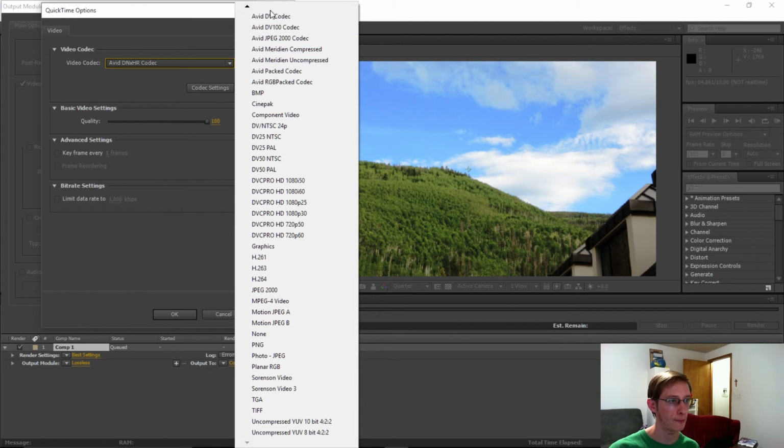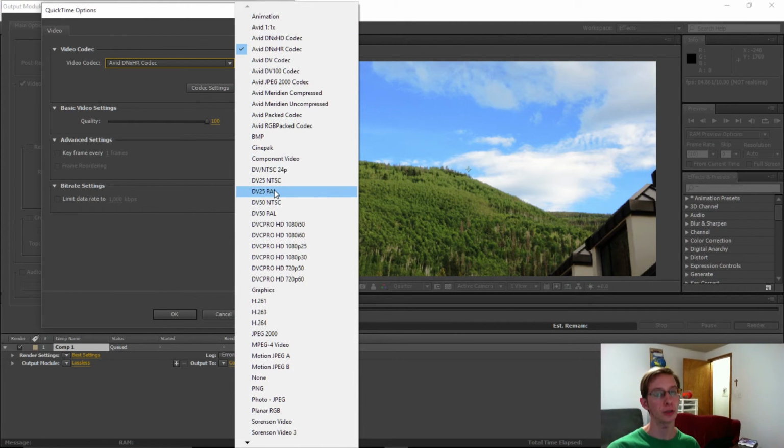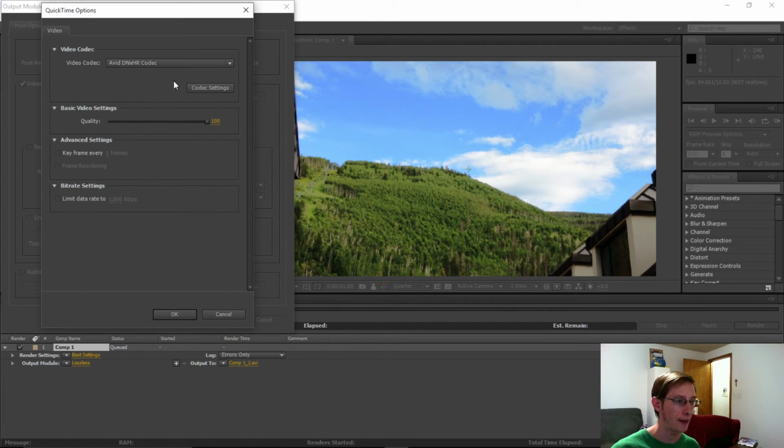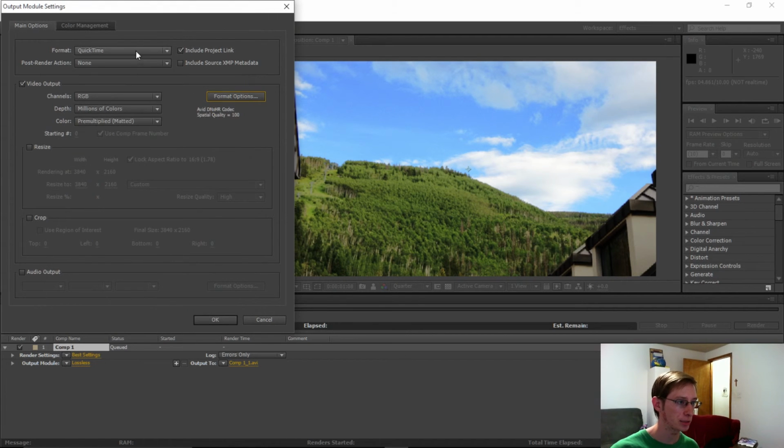There's certainly other good codecs for high quality 4K, Apple ProRes, Sony's XAVC, but I mainly work with DNxHR. Usually you want some high level, high quality codec for